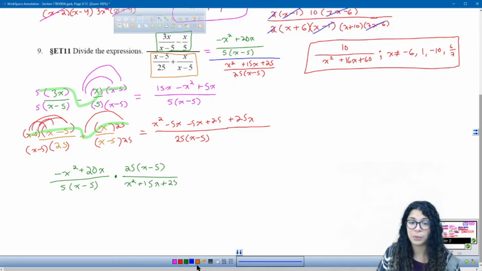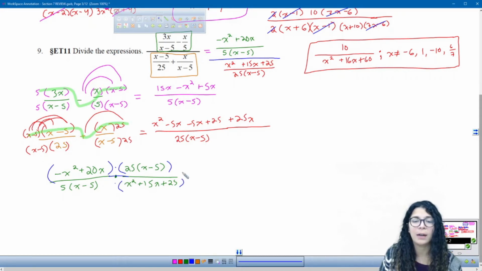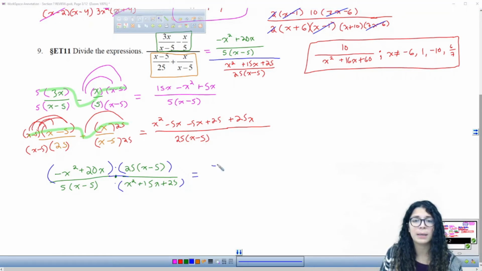So we're going to do the same thing as before. Top times top, over bottom times bottom. So really you're just looking at a bunch of multiplying things here. So let's go ahead and factor this out. We could factor out negative x, which would give us,